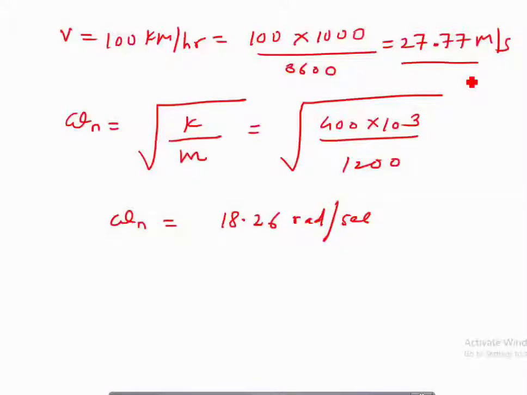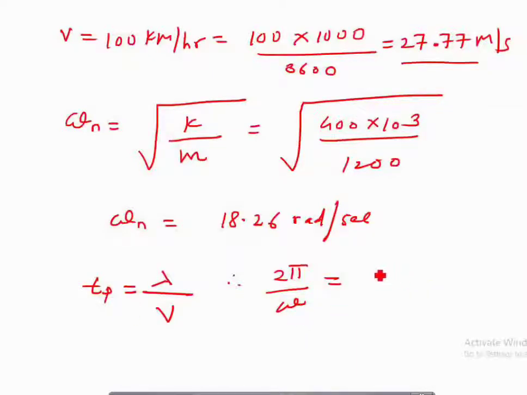So now once you got v, okay, so how do you calculate the omega? Now we know that the time period Tp, the time taken to complete one cycle, is obviously equal to the length of one wave or length of one cycle, that is lambda divided by velocity in meter per second. Now this time period is equal to 2 pi upon omega. So once you got time period, you can also find out omega.